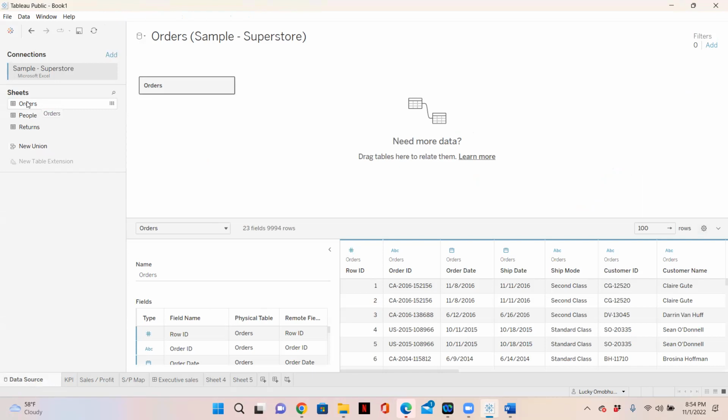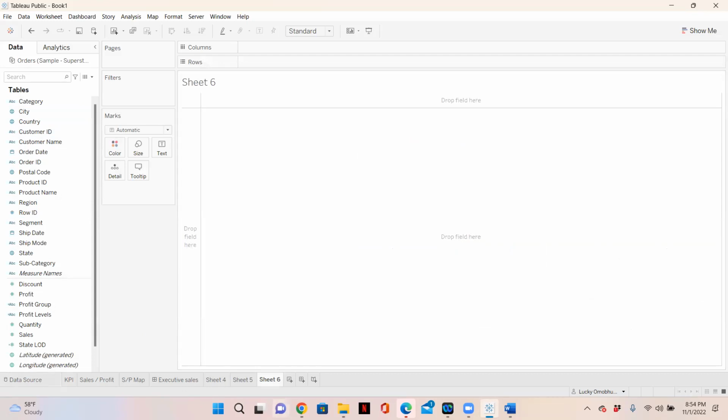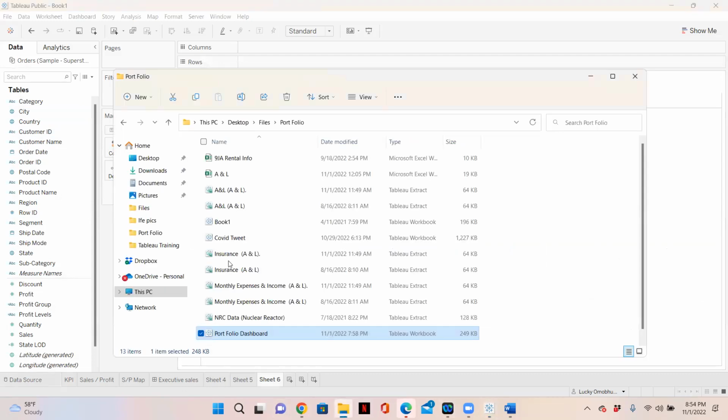The first sheet is your orders. The second sheet is the people. And sheet 3 is the returns. We're going to do that later on. You can rename them, or if you just want to leave it as sheet 1, sheet 2, you can still do that. Now, yesterday, let me quickly try and open that raw data